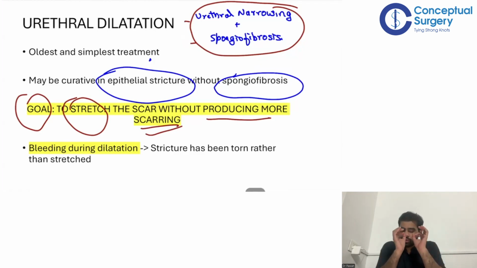So whenever we are dilating any particular patient, our aim is to just stretch the scar. We are not aiming to tear the scar, because after tearing, again the healing process is going to happen, and when the fibrosis happens, that is going to be even tougher. And that is the most common mistake which most of even the urologists and